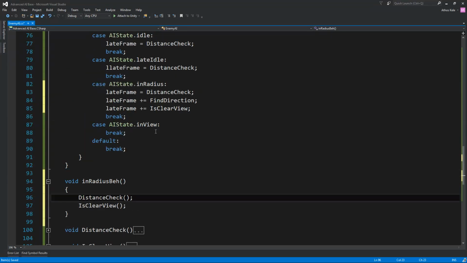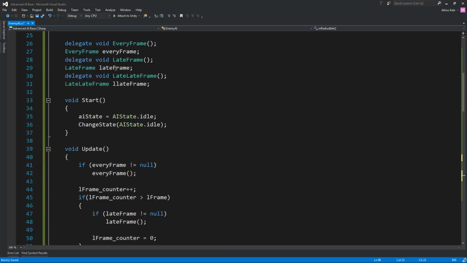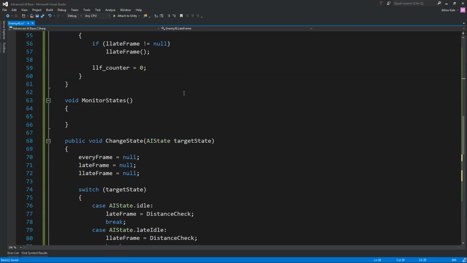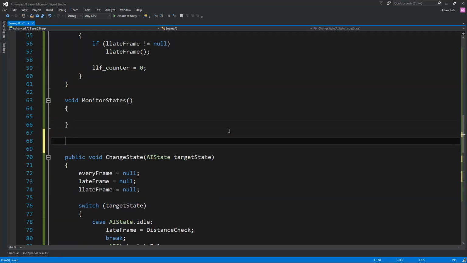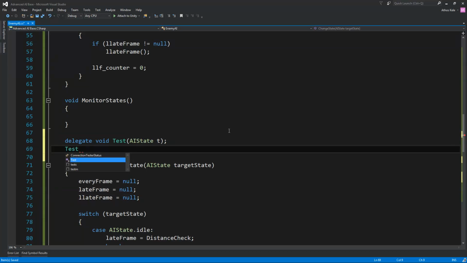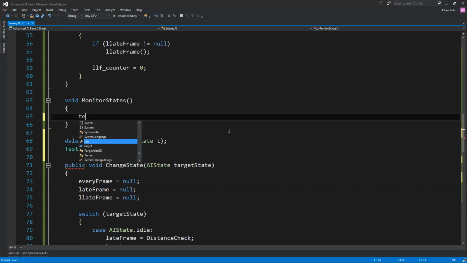functions. Okay, because to assign a delegate in here, it needs to have the same signature. So for example, you cannot assign this into a delegate because it doesn't have the same signature as this. But if we had a delegate, let's call this test AI state, something like this. Okay, then you can do this. Test will be change state, and you also need to